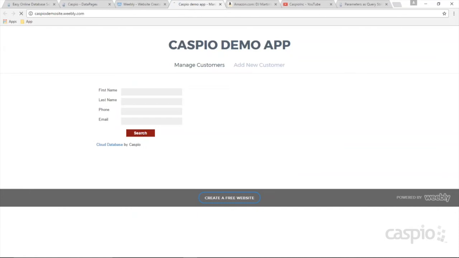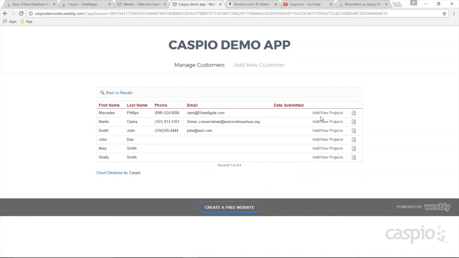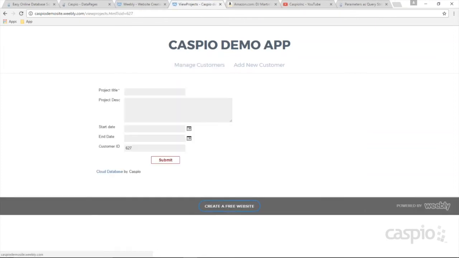All right, so Skylar is going to search for her customers. And let's go to Mercedes. So I want to add a new project for Mercedes. I'm going to pass the ID 627 when I click on this link. The ID is passed, and you can see how the ID is now received inside this customer ID field. The beauty of this is now when I submit this project to the projects table,